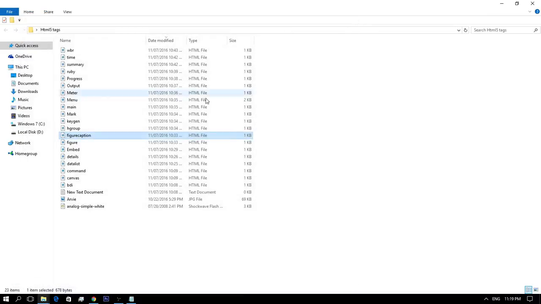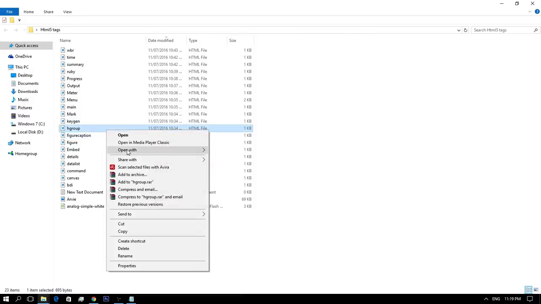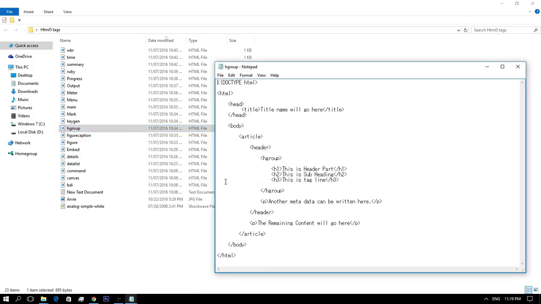So next, we have the hgroup tag element. The hgroup element is commonly used for wrapping the h1 or the header 1 to h6 or the header 6 element. The hgroup element is the best useful when someone wants to put a header and subheader, or we can say multiple headers in the document.